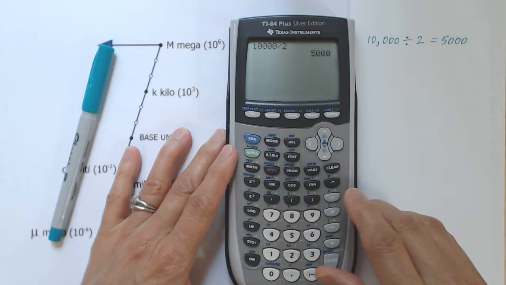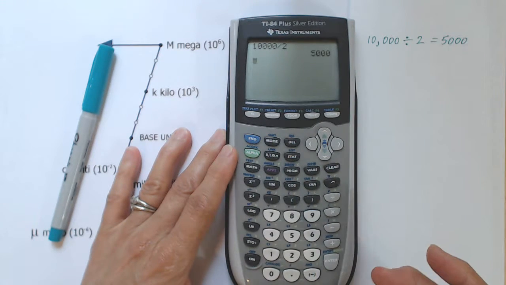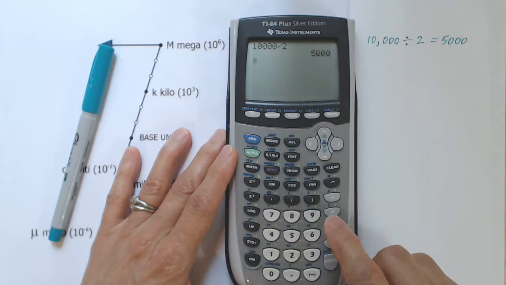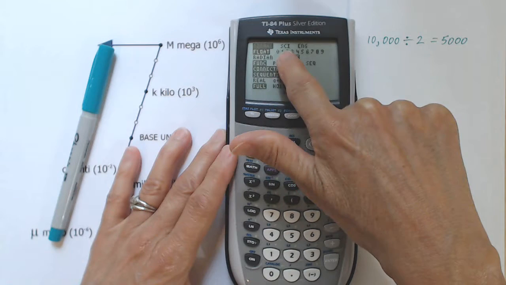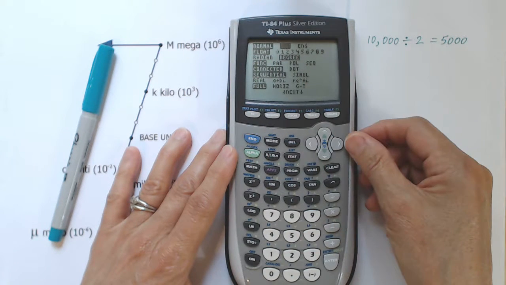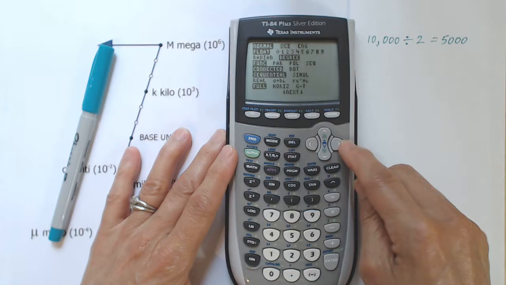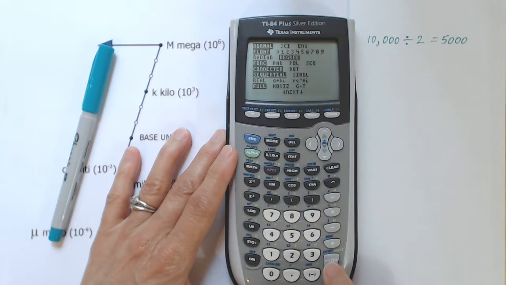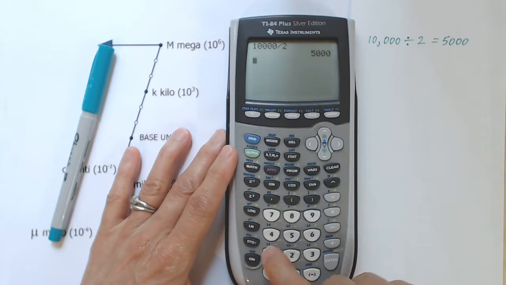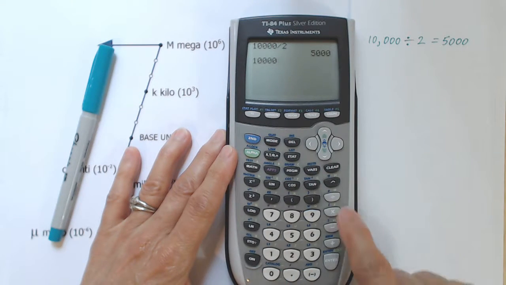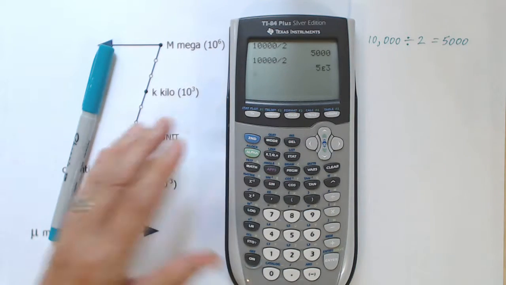Well, if we want to do this in scientific notation with the calculator reporting the answer in scientific notation, we'll go to the Mode and we'll come over here and change it from normal to scientific mode using the arrow key. And after having landed on scientific, we'll press the enter button, and that now has set the calculator to scientific mode. We can press clear, and now if we do the same calculation, 10,000, 10 followed by 4 zeros, and then divided by 2, and enter, we will get 5E3.